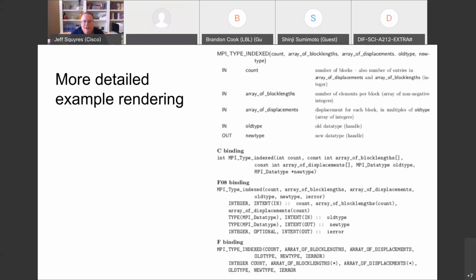Now, here's how it renders, and it pretty much renders exactly as you expect. Notice a couple of consts in there in the C binding, and you can see up in the language independent bindings, the different fonts. I'm sorry, it didn't really blow up all that well, so it looks a little pixelated because this is a slide and it's not PDF, but it's a normal PDF. It looks pretty much exactly as you would expect.